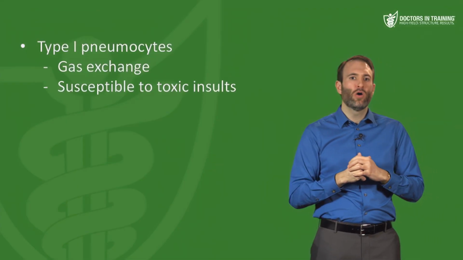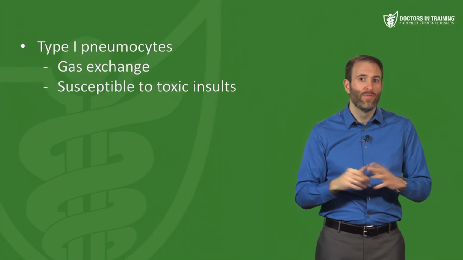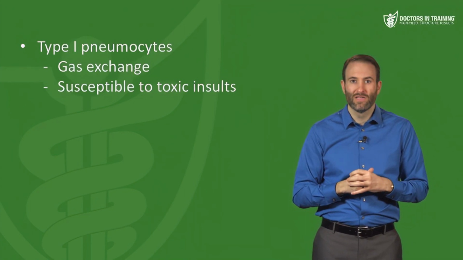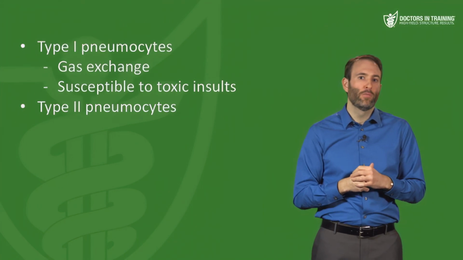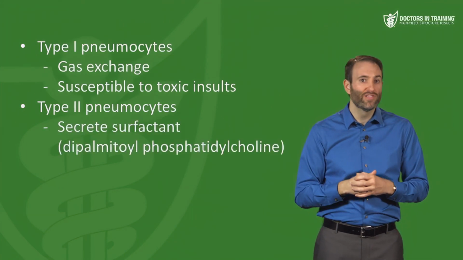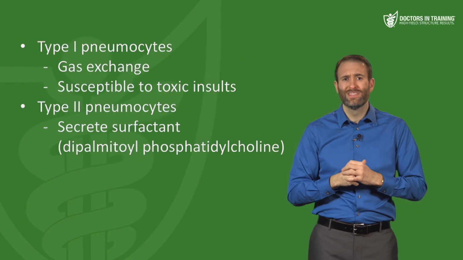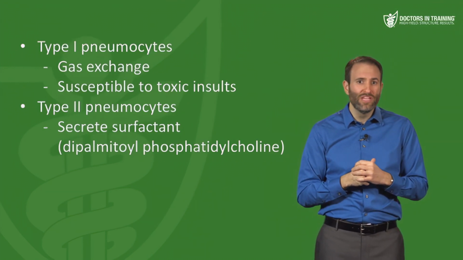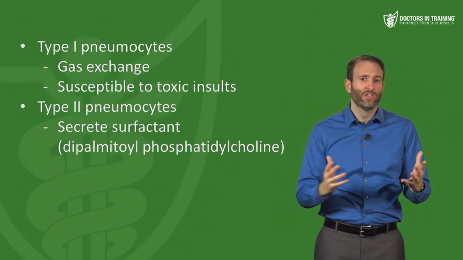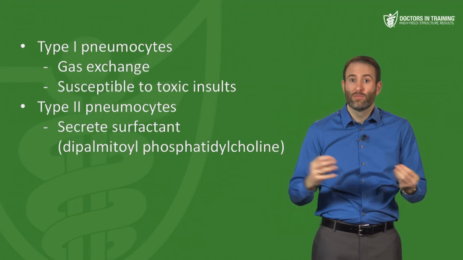Type 1 pneumocytes are unable to replicate, which is very important, and they are very susceptible to toxic insults. Now, type 2 pneumocytes are larger and cuboidal in shape. They are more typically found at the alveolar septal junction, and they only cover about 3% of the alveolar surface. Now, their primary purpose is to secrete pulmonary surfactant, also referred to as dipalmitoyl phosphatidylcholine. Now, surfactant acts to decrease alveolar surface tension, so this allows the lungs to be more compliant and to prevent